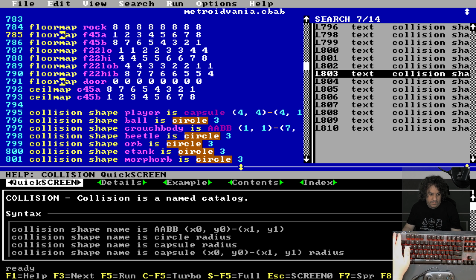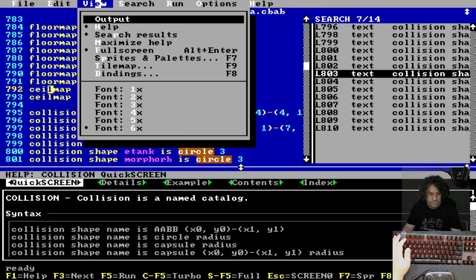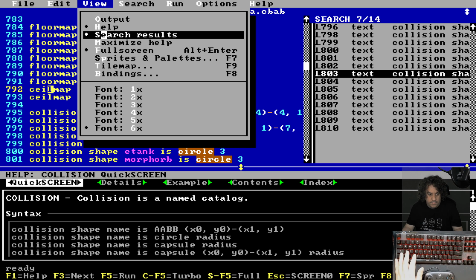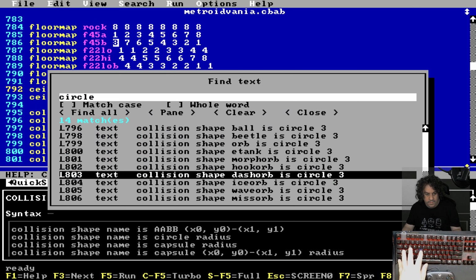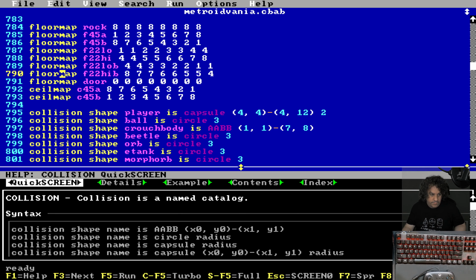You have also this word floor map and style map. I will just clear search results. So I have also this floor map and style map. They are for when you collide with a tile, you need to know where to set the height of your character. So if you are on a slope, you need the contact point, and you can do a computation. You can know, okay, it's 45, so x equals y, and so if x is 3, then height is 3,